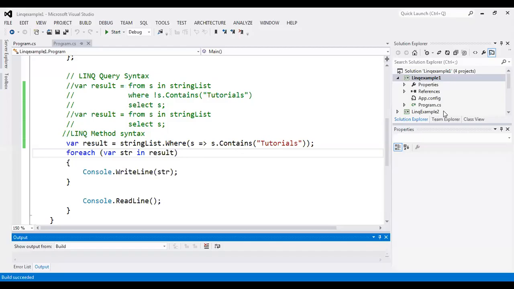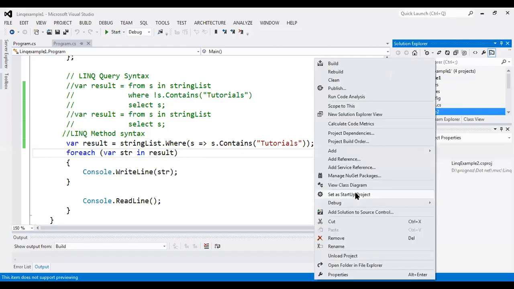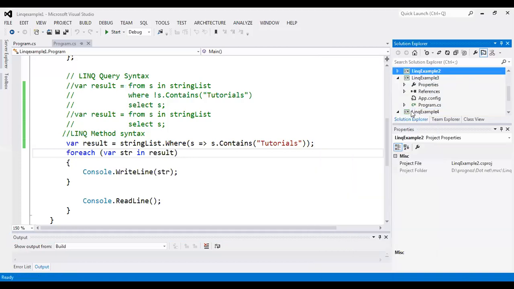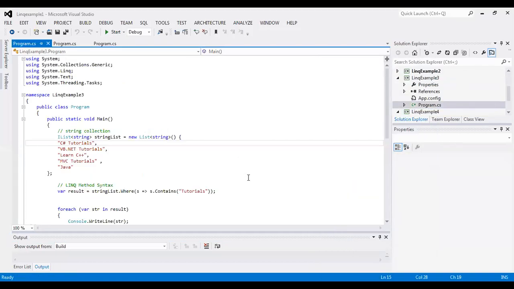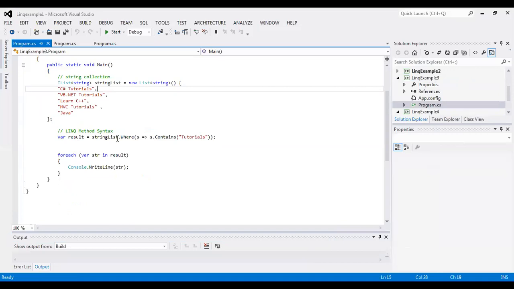In the same way, if I want to write that method syntax for the students, how can it be written? Let's see.